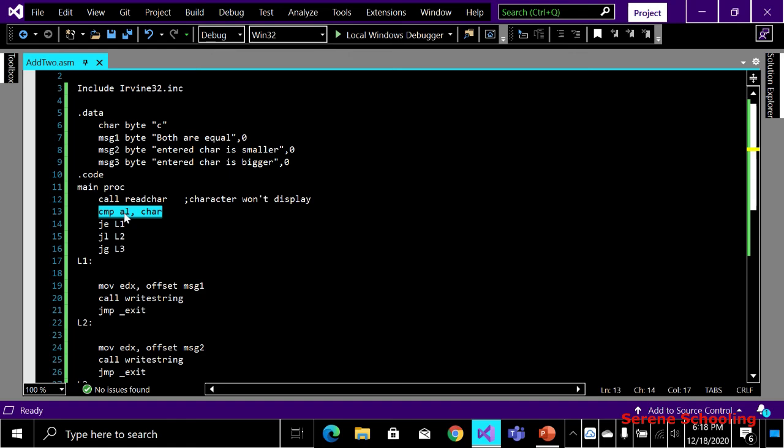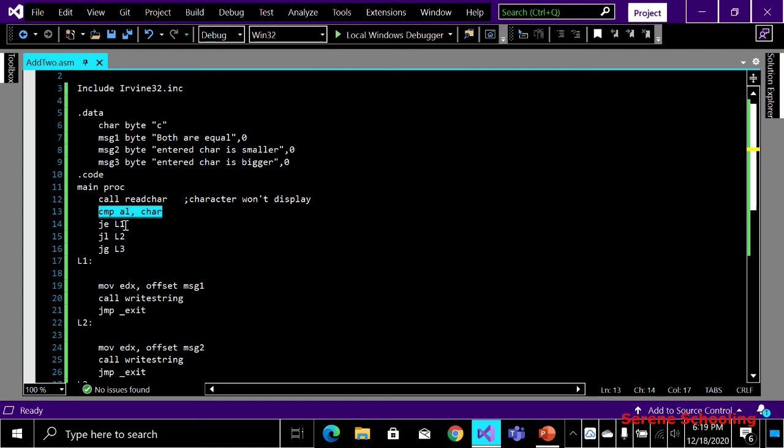And we know that the compare instruction can give only 3 sorts of results: the destination and source are equal, the destination is less, or the destination is greater. If the destination and the source are equal, which jump instruction are we using? We are saying jump if equal. Where to jump? Jump to L1.